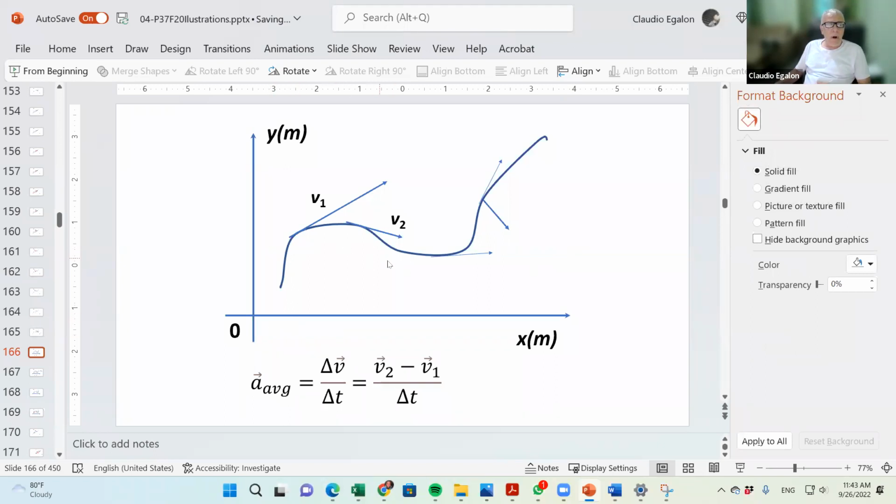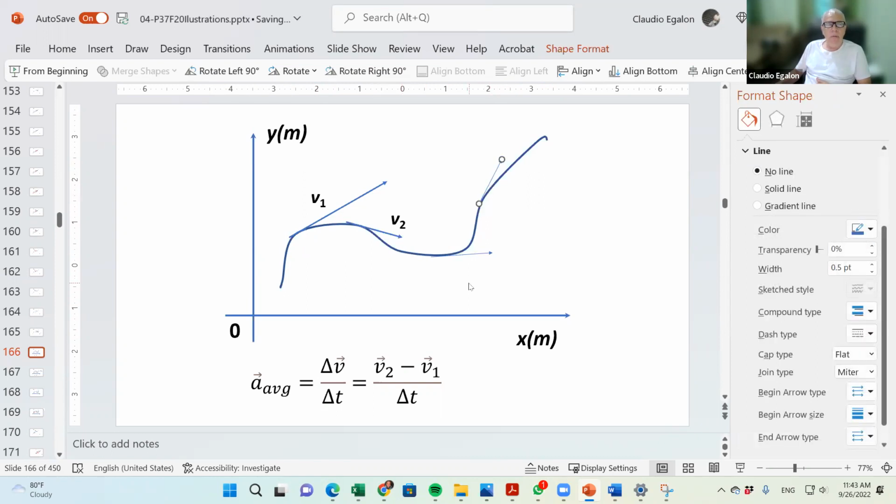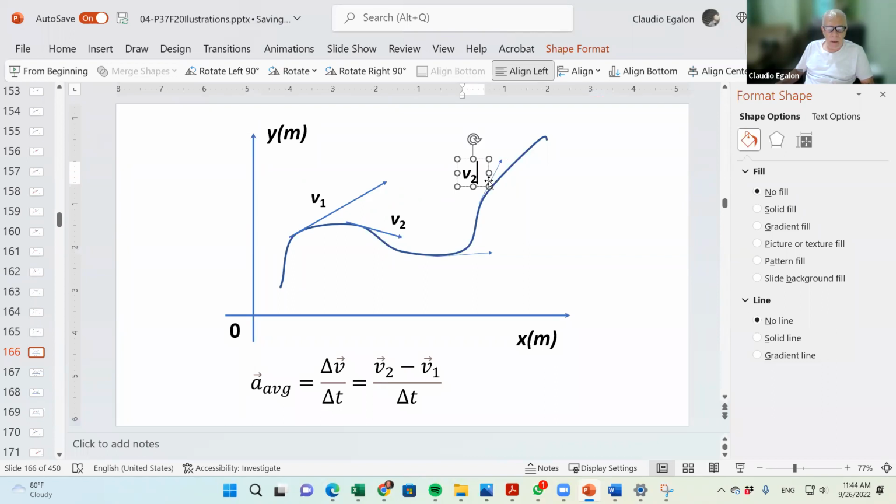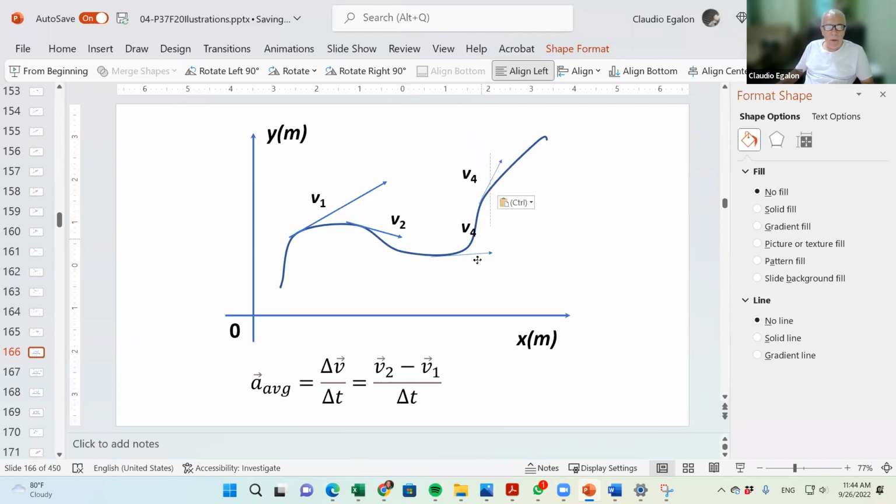Here's just an illustration of how the velocity vector of the particle looks like. At this instant of time, it is going to be somewhere in this direction because it's tangent to the path. I can only state the direction of the velocity vector. I cannot say anything about the magnitude of this velocity vector under this treatment. I can only state that the velocity vector is tangent to the path of the particle, nothing else. Here's another velocity vector, tangent to the path. I'll call that V4 because we have V3 down there. That's going to be V4. This other one is going to be V3.